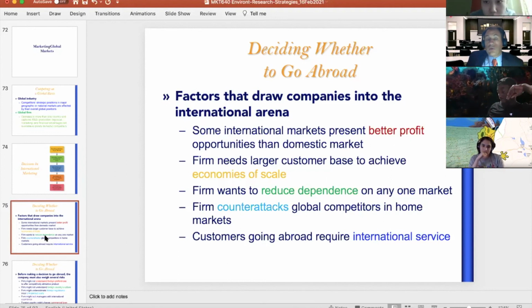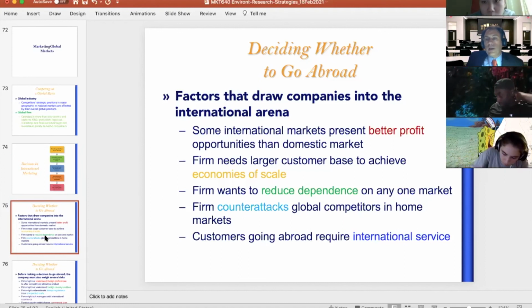Maybe there's more customers overseas and therefore you want to try to sell domestically and overseas because that allows you to do some economies of scale, which means that the more products you make, the cost of making the product is going down. Maybe also you don't want to be a one-legged duck where you have all your eggs in one basket, but you want to spread the market share in different markets.